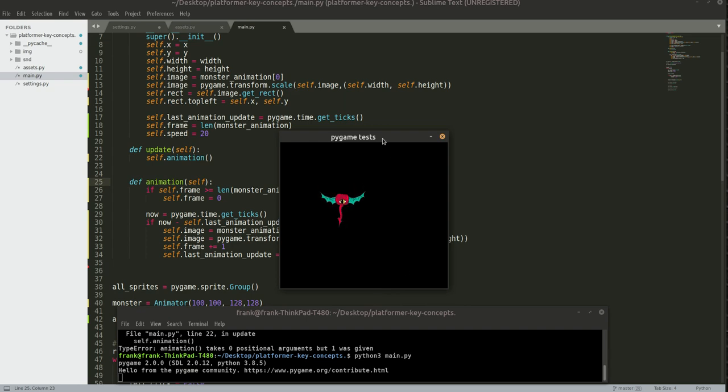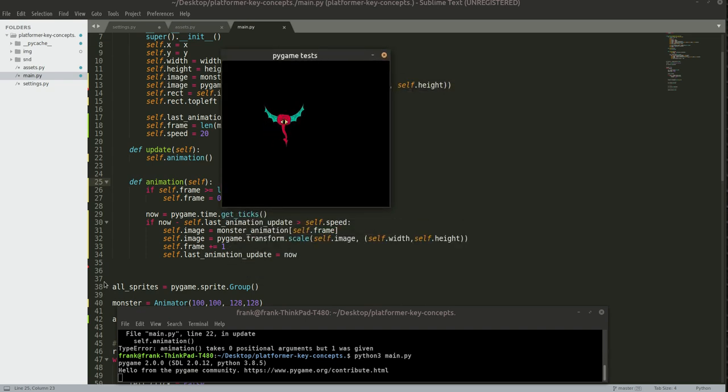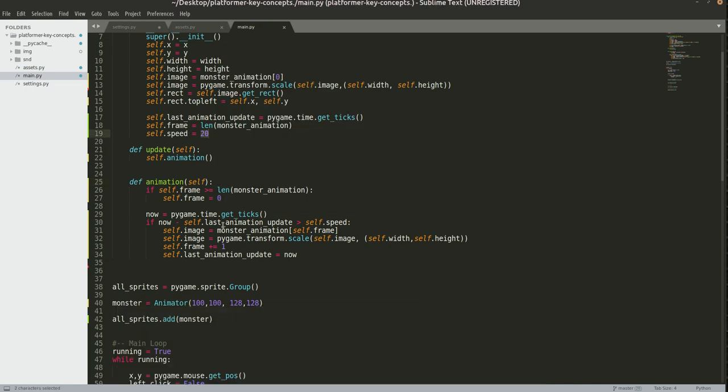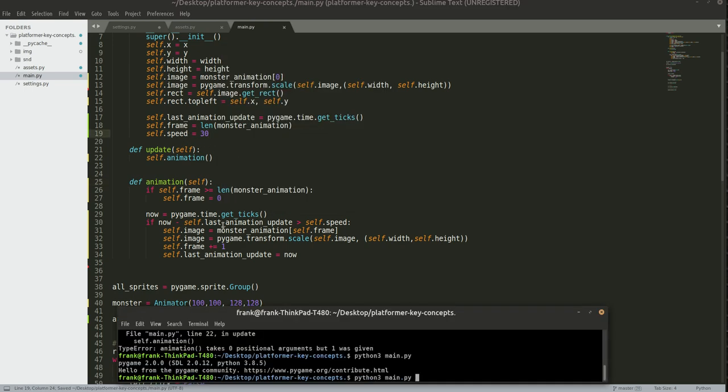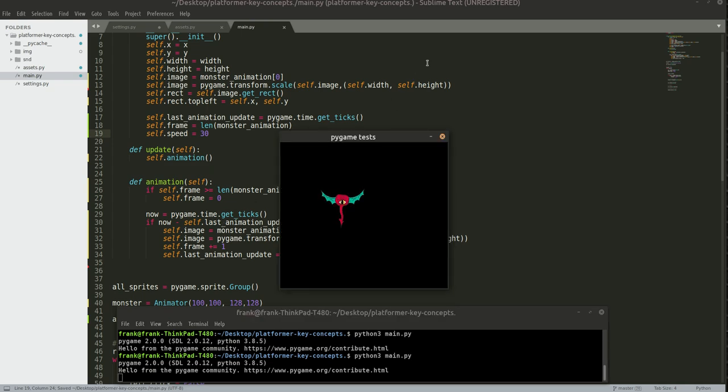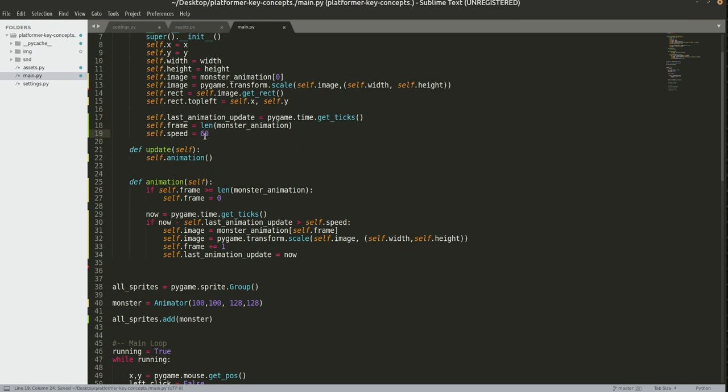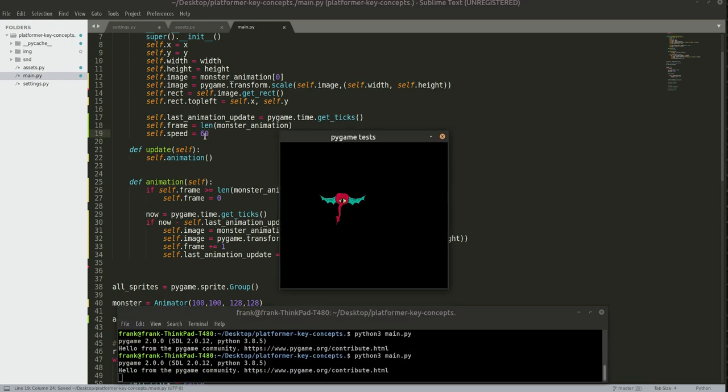All right, as you see here is our monster. Nice and smooth animation. The smoothness of the animation mostly depends on how many frames or how many pictures you have in your list. And the higher the picture count, the smoother the animation. Now, for example, here about the speed, when I change the speed to 30, slower, or let's make it like 60, very slow. And when I change it to 10,